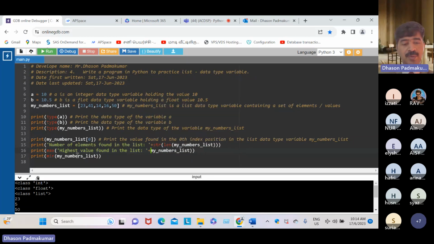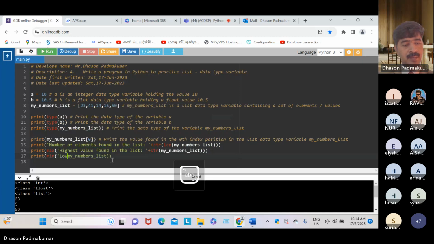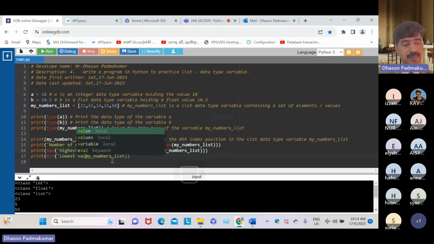So we had to convert this to string, for safety. And next is lowest value found in the list.